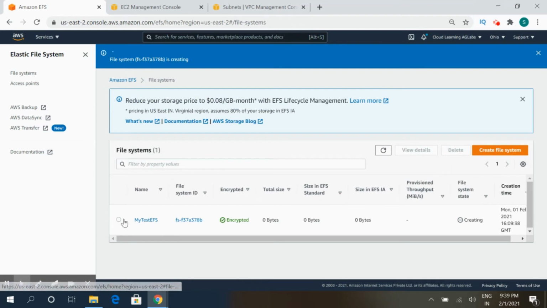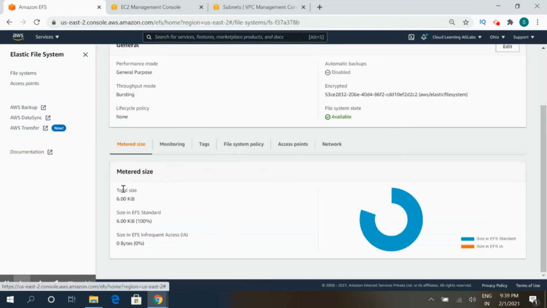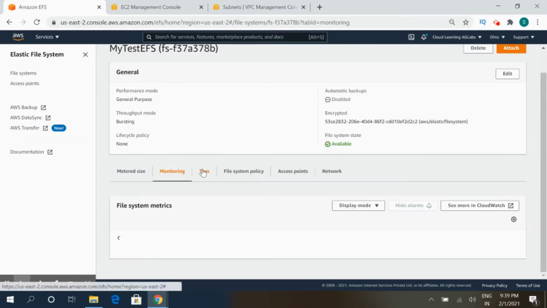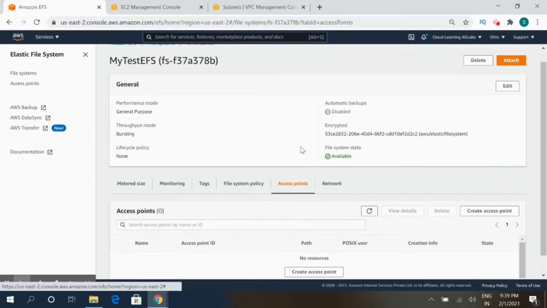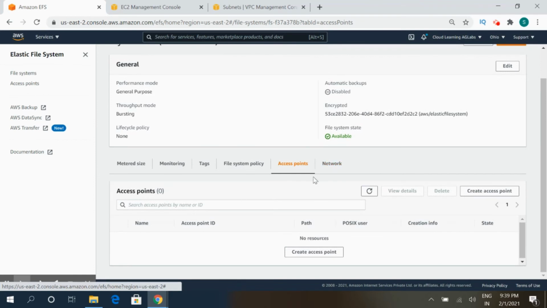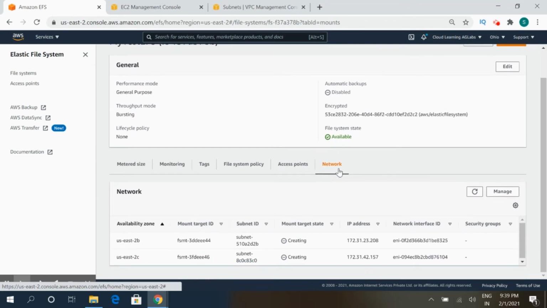So now the EFS has been created. We have not provided any file system policy, and these are the access points. If we have any access points defined, these will be listed here. And the networking part, since we have created it for two availability zones, it's currently creating those file systems.